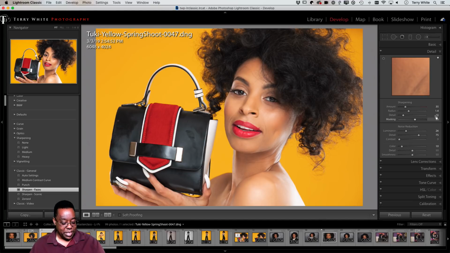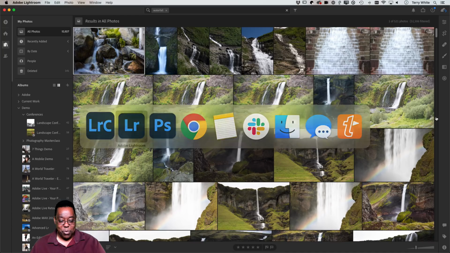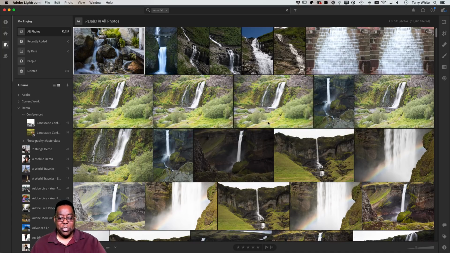Speaking of presets, I said that was going to be my last tip for Lightroom. I do have one more. If you go to Lightroom Cloud, you don't have that option because it was never in the cloud version. But what you can do is you can certainly go make your own.